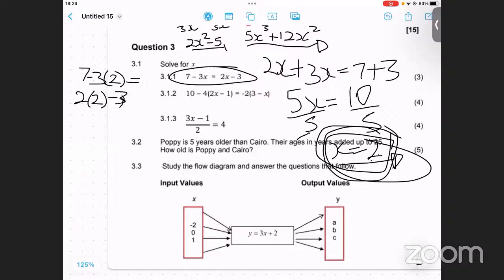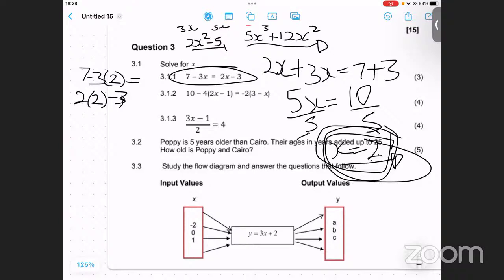And then you're gonna write the equation: 6 brackets 2x minus 1 equals minus 2 bracket 3 minus x close bracket. Then 6 times 2x and 6 times minus 1, which is gonna give us